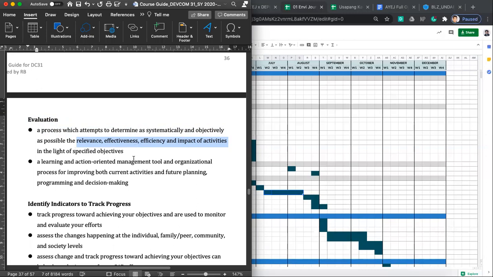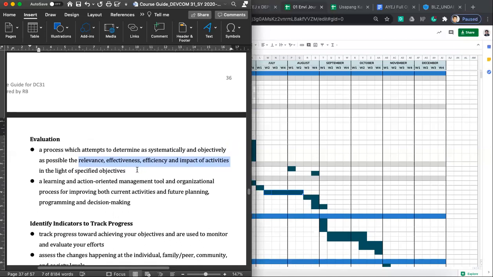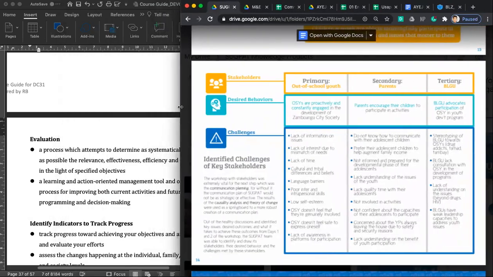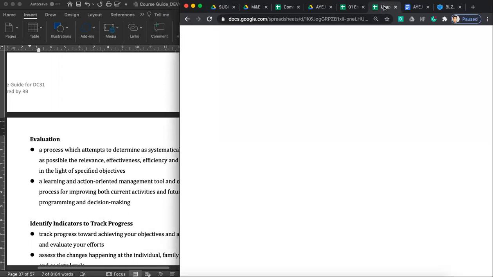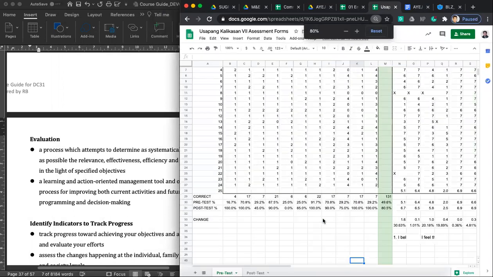So you will see here that there are different management tools and organization processes to evaluate something. Now, remember this case study. Hold it in your mind. Hold it for a while because we will get back to that and we will talk about that in a while. But I would just like to show you a quick result of one of the events that IEDGE